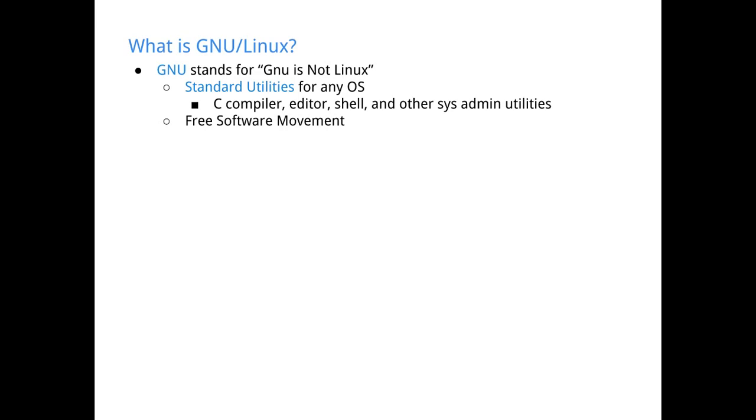GNU is part of the free software movement, where maybe some of you have heard about open source and stuff like that. It's another topic entirely. It's about freedom in the software and anti-proprietary stuff. Maybe I'll talk about that more later. It was started by Richard Stallman. He basically was not happy with the state of operating systems in 1984. He was an MIT student, and so he decided to write a Unix-like clone because Unix was the most popular OS at the time.